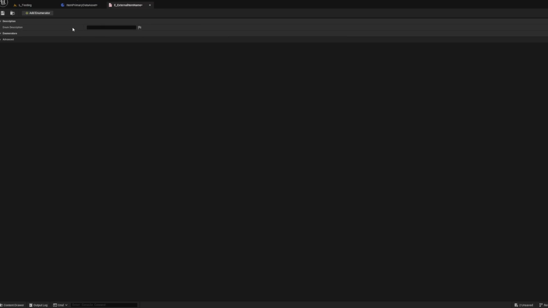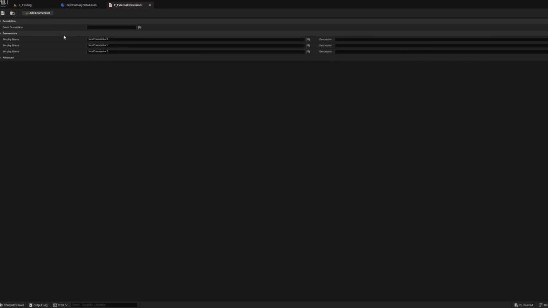For instance, internally you might have a different name for an item, but externally, like what the player will see, this is what that'll be. Mushroom, carrot, steamed